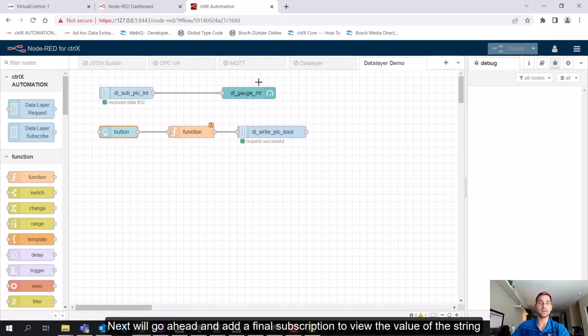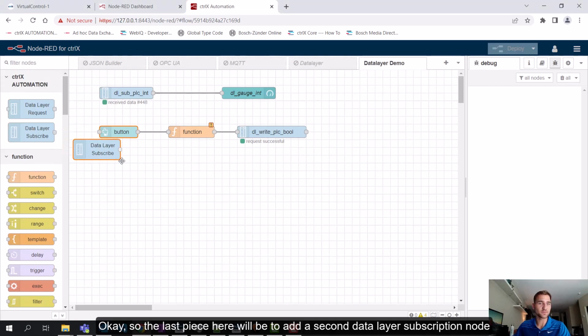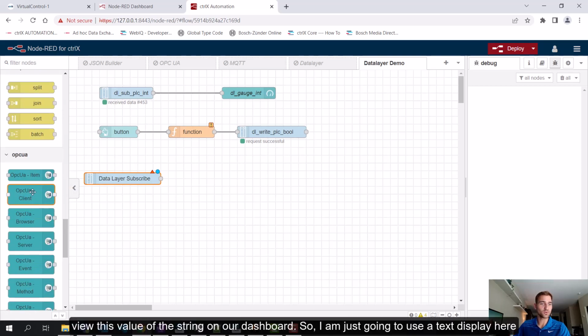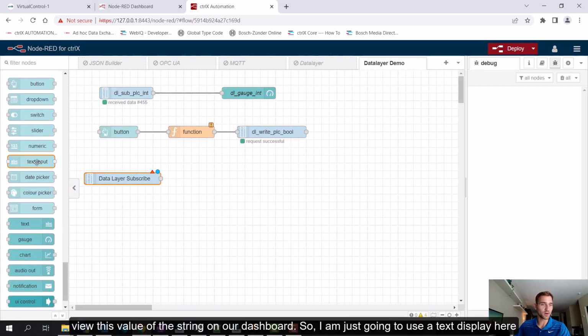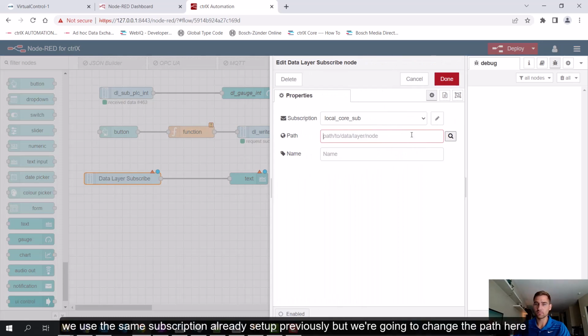Next, we'll go ahead and add a final subscription to view the value of the string. Okay, so the last piece here will be to add a second data layer subscription node, and then we are going to view this value of the string on our dashboard. So I'm just going to use a text display here. We'll drag that in, and then we'll use the same subscription as we've already set up previously, but we're going